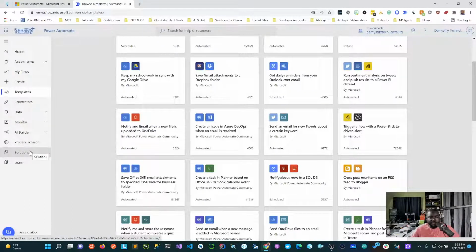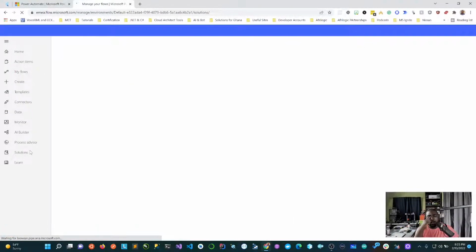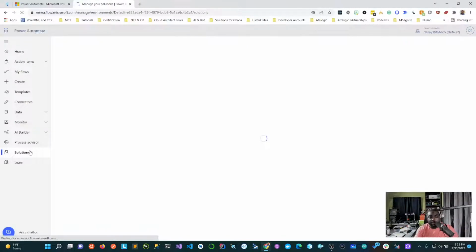One thing I want to talk about also is the concept of solutions. Solutions give you the opportunity to logically group all flows that are related to a project or a particular process together. So you don't have all your flows scattered here, and you don't even know where the flow is. You can create a solution, and in a solution, you can create multiple and different flows, be they instant flows or business process flows, but they are logically put together.